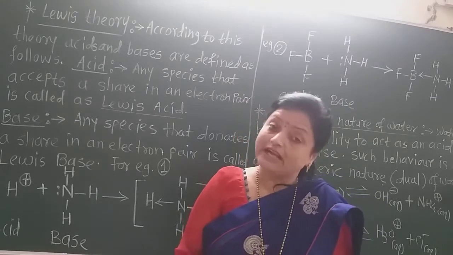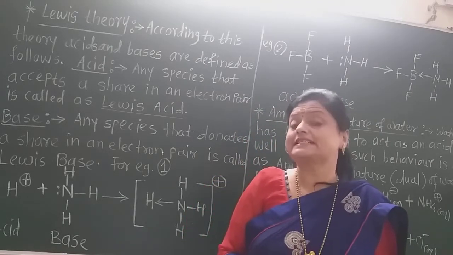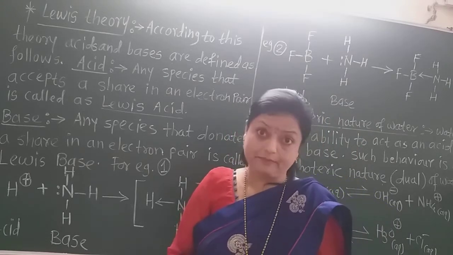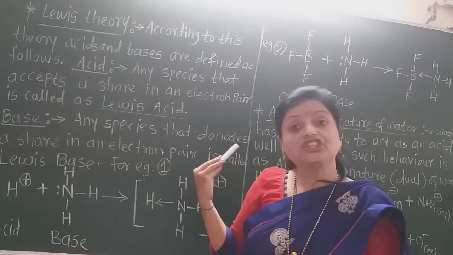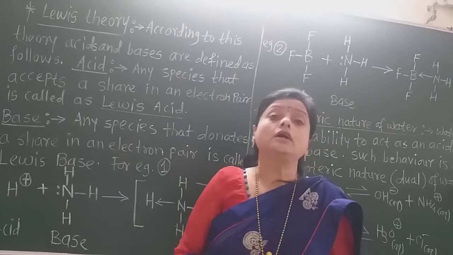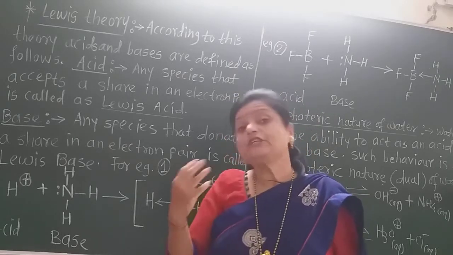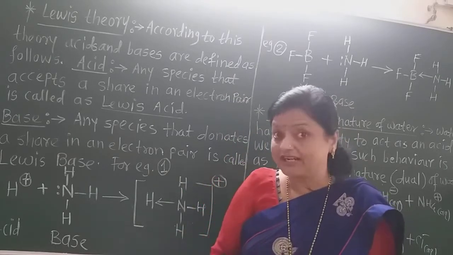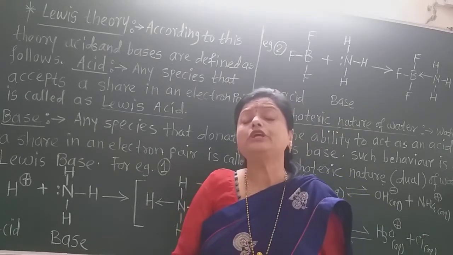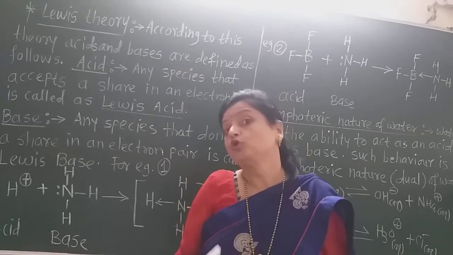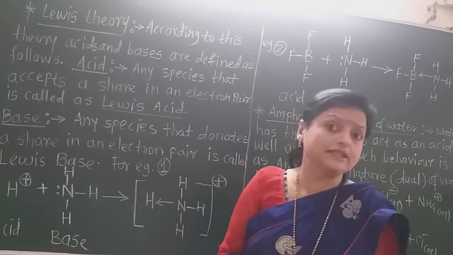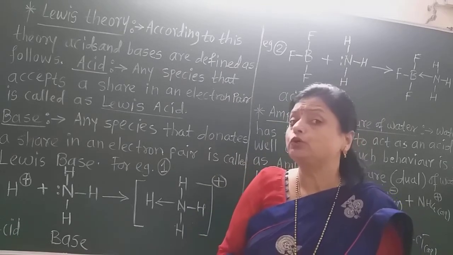The two theories we completed are the Arrhenius theory of acids and bases and the Bronsted and Lowry theory of acids and bases. Now this is the third theory. Due to the Lewis theory, most of the organic as well as inorganic substances are considered as acids and bases, because here there is no requirement of the H plus ion or proton to define the acid or the OH minus ion to define the base. Then what is it according to Lewis theory?